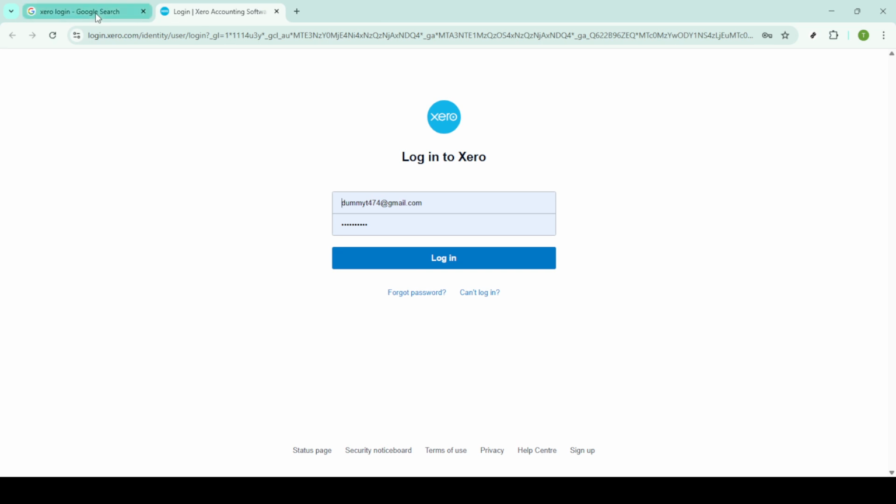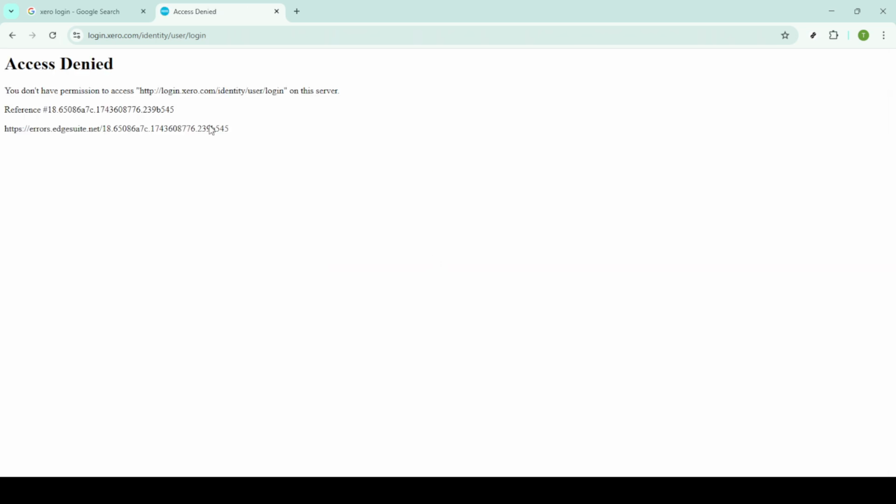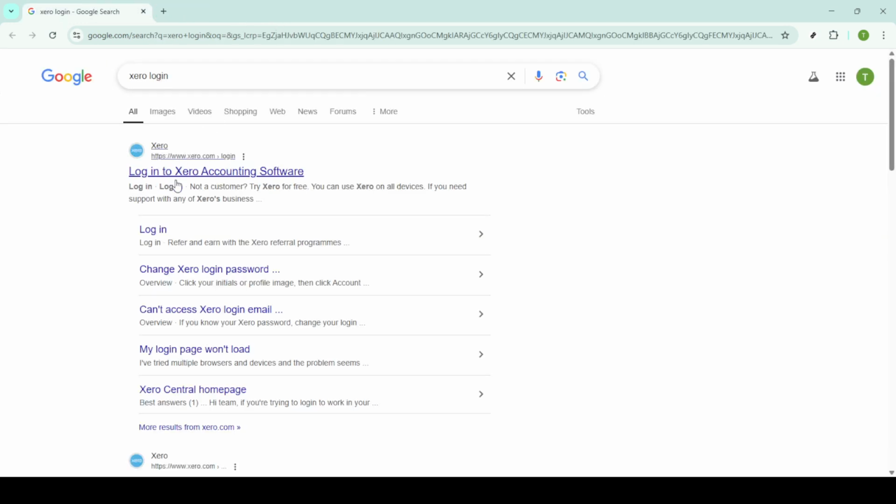Once the data deletion process is complete, you'll need to log back into Xero. Re-access your account and see if the error persists. This step is all about ensuring the clean slate you've created by clearing your browser's data works to resolve the issue. If you find that the problem still lingers even after taking these steps, another solution is to try accessing